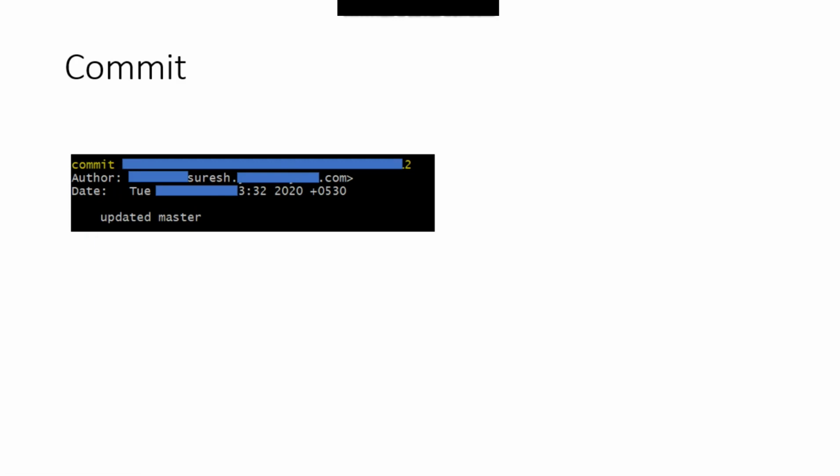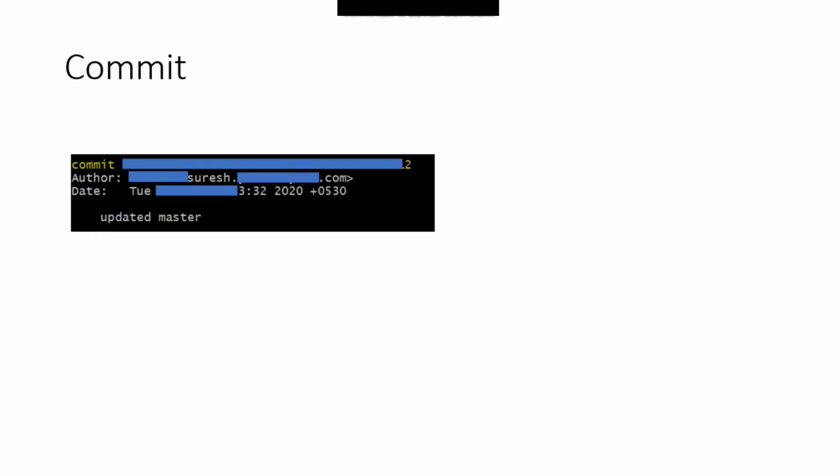So once we get the project into our local system, we make a lot of changes, right? Whenever we make some kind of changes, we will do some commits, and that commit will have the information about the changes you have done so far. For example, your task is to change a plus b to a minus b.